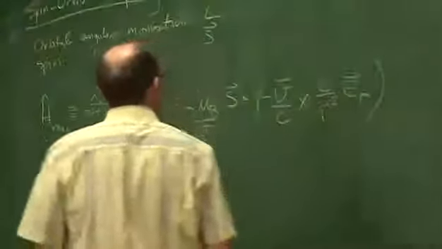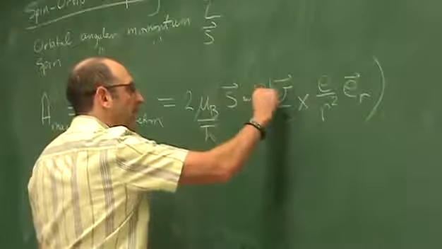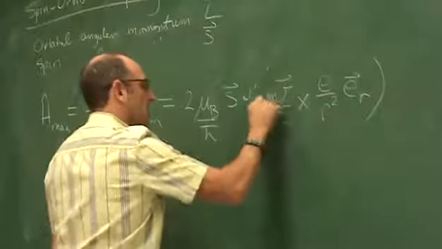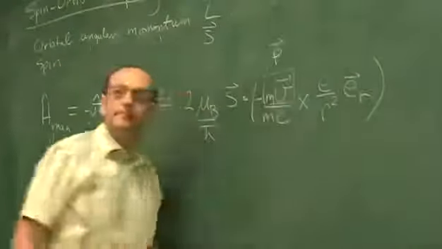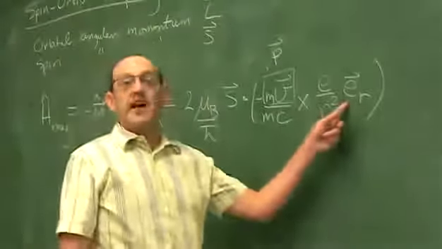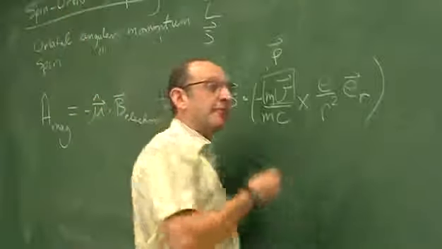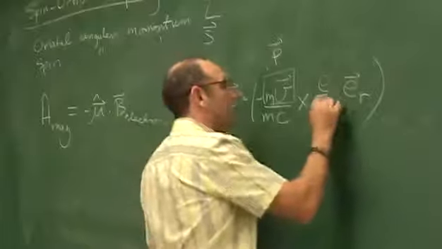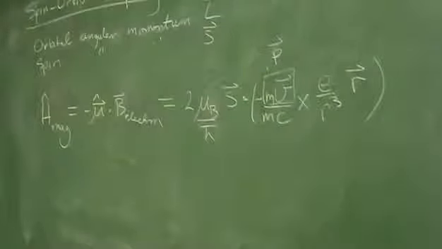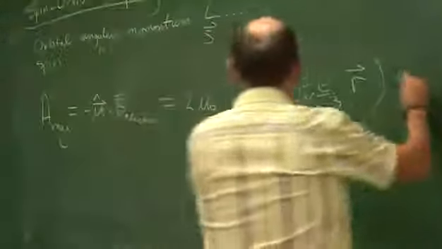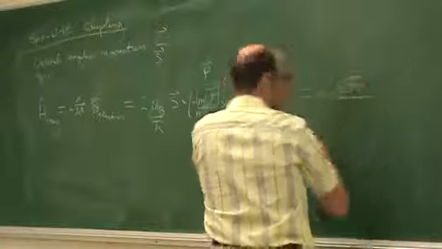So I can rewrite this now a little bit. Let me multiply top and bottom of this equation by the mass of the electron. So that mv is now the momentum of the electron. The unit vector related to the radial distance of the electron from the charge can be re-expressed in terms of the position of the electron by multiplying top and bottom by r. Okay. So what do we got here? Let me rewrite this now. We got 2, we got mu B. Let's get that all in. That was e h bar over